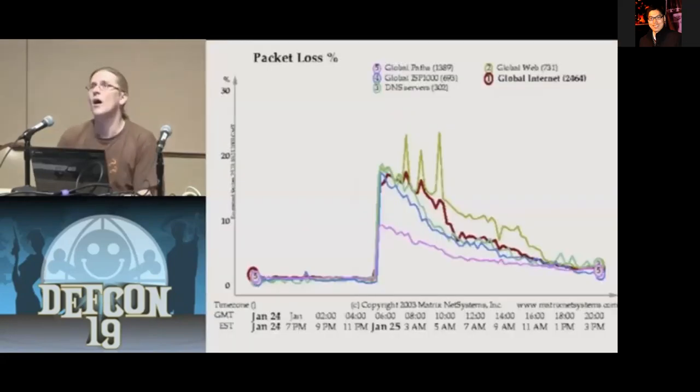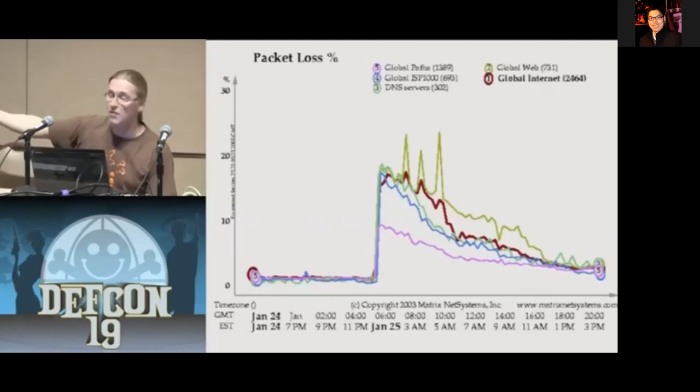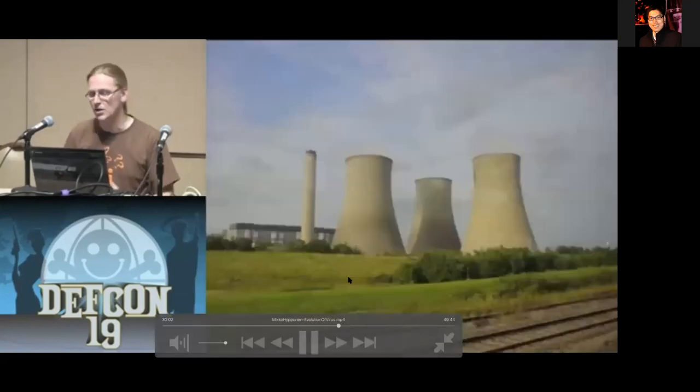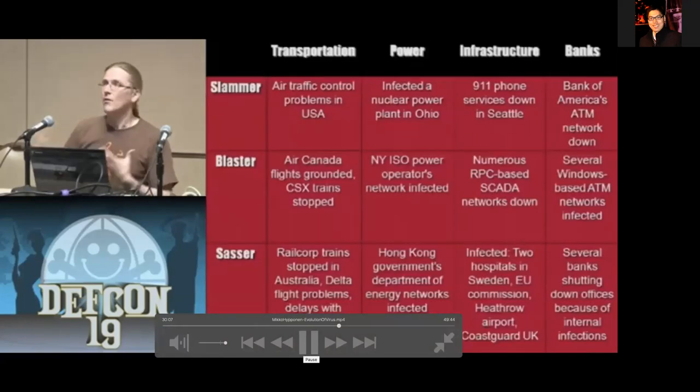And the problems we saw at the time were serious. Here's the packet loss chart of the whole internet during the hours when the Slammer worm started spreading. Typical packet loss globally is 1 to 2%, then suddenly jumps to 20, 30%. Massive problems. So we started getting denial of service problems on systems which weren't infected themselves, but they were in the same networks with infected systems, and the packet generation that they saw was so massive that we started seeing problems with critical infrastructure. So in 2003, I wrote down